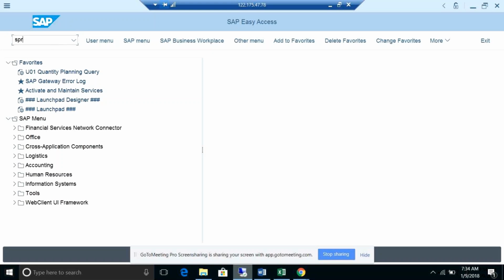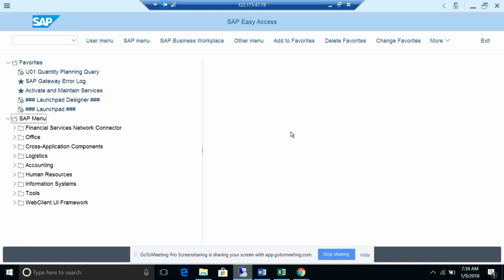Here are the two things: with SPRO you'll have the path, and if you want to go through Fiori, you can go to this particular launchpad. Normally all the configuration is done in the SPRO transaction code. If you want to go to the SAP menu, you can also.